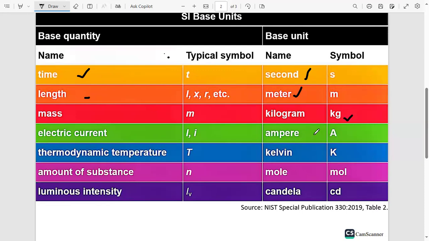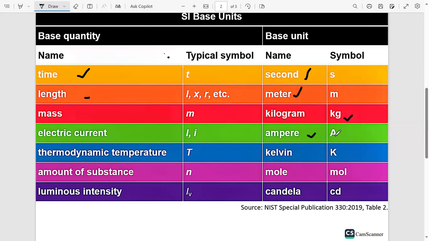which is measured in amperes, and its symbol there. Then thermodynamic temperature, or we can simply say temperature. Most students get confused. The SI unit for temperature is not the degrees Celsius that you know. It's what we call a Kelvin. Those are the SI units for temperature. Then we have the amount of substance, which is the mole,